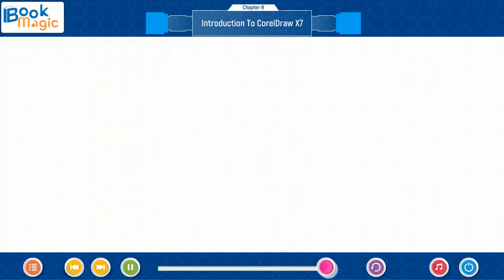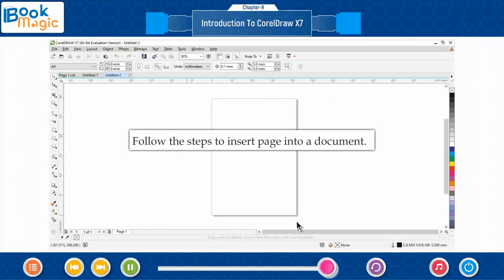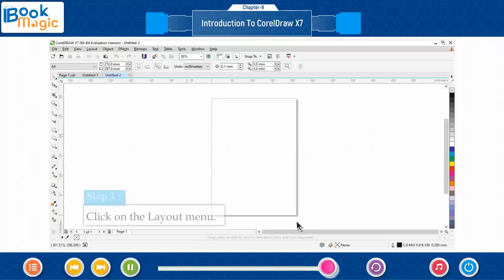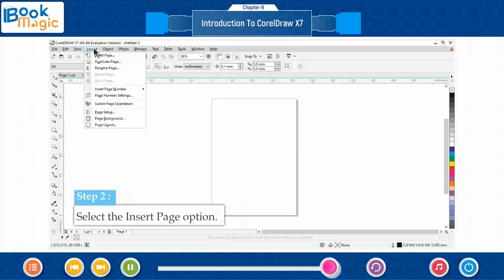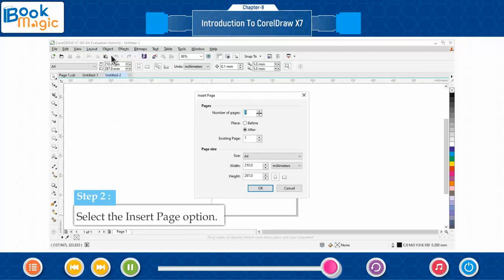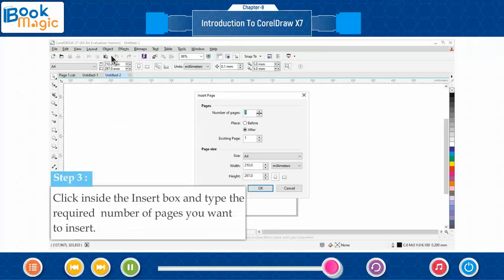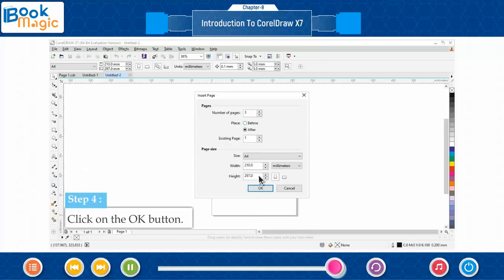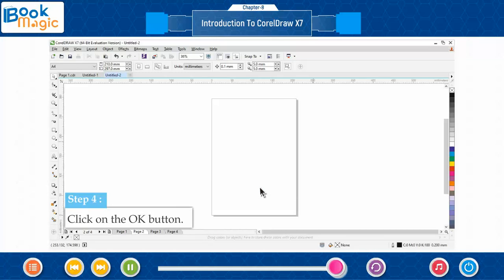Inserting or deleting pages. Follow the steps to insert a page into a document. Step 1. Click on the Layout menu. Step 2. Select the Insert Page option. Step 3. Click inside the Insert box and type the required number of pages you want to insert. Step 4. Click on the OK button.